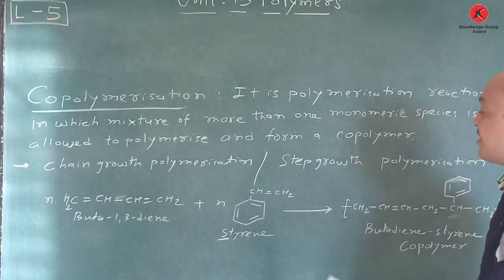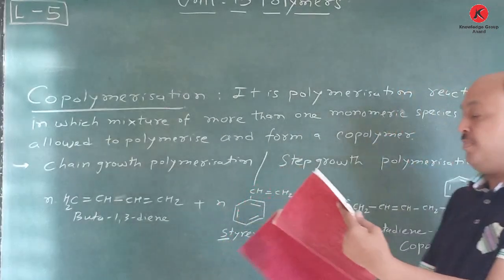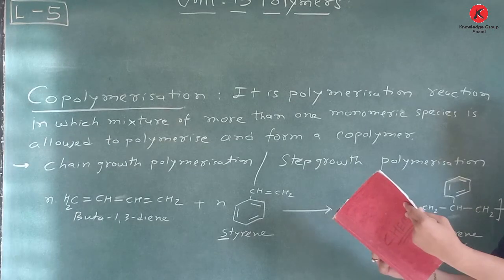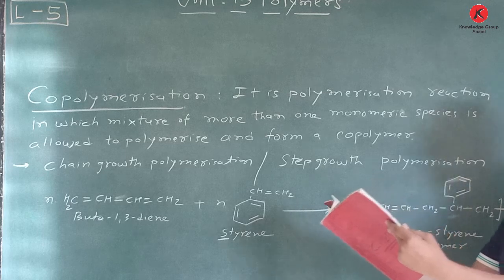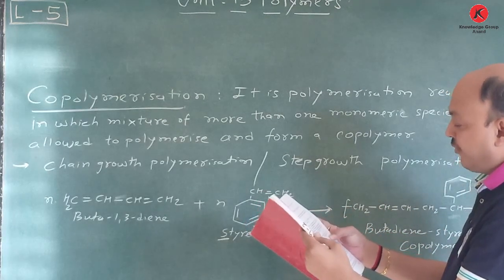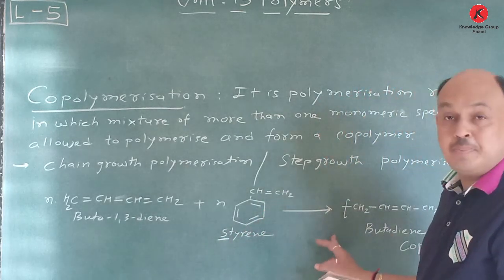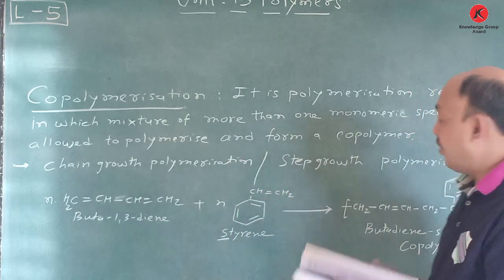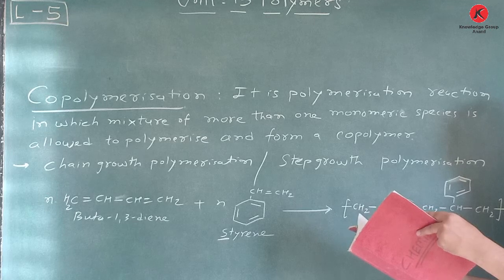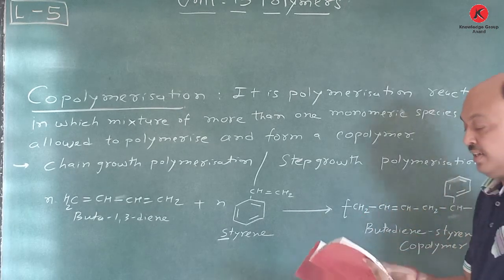Remember, it is the addition reaction or chain growth reaction. Just to simplify, it is written as an addition reaction. According to the free radical mechanism, copolymers are formed. This is nothing but addition copolymerization. Remember, here it is an addition copolymerization reaction. Now this is an example of a polymerization reaction.